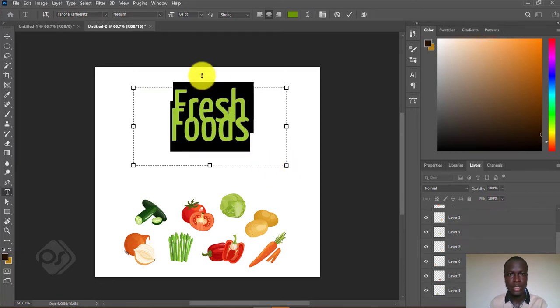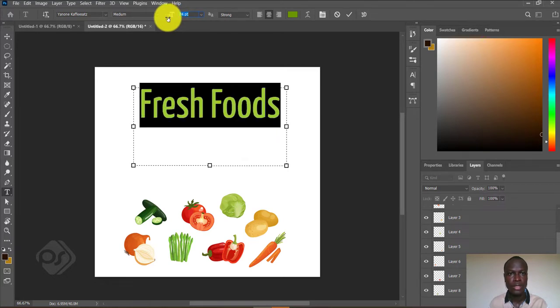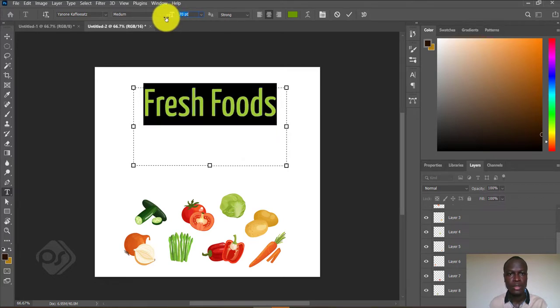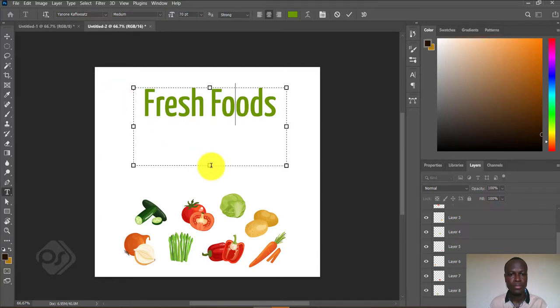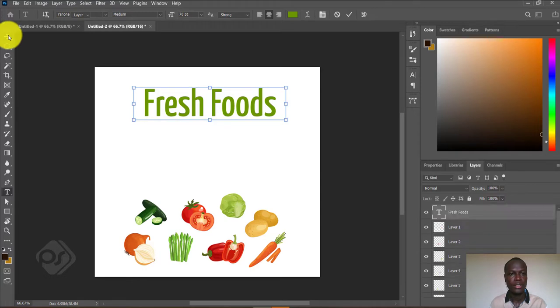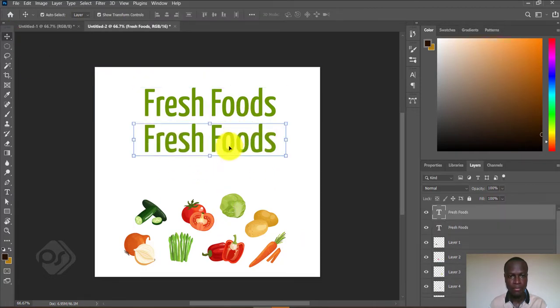I think the sizes are too big. We just reduce the size up here. Make sure the bounding boxes are covering it nicely. So fresh fruits, and then below it you have